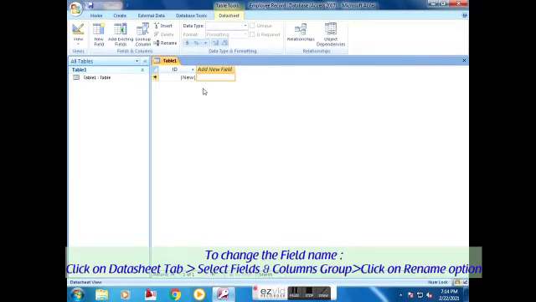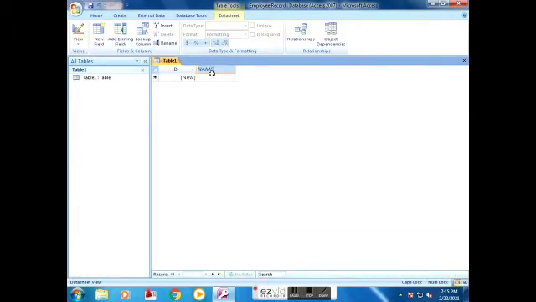To change the field name, click on the Datasheet tab, select the Fields and Columns group, and click on the Rename option.